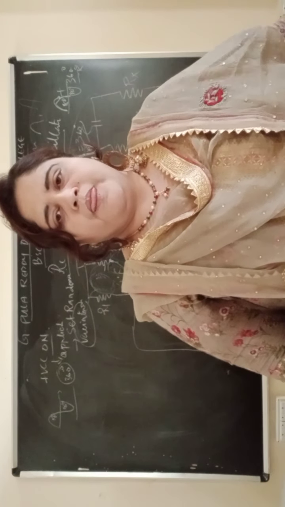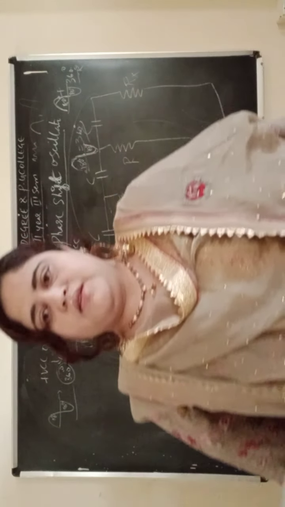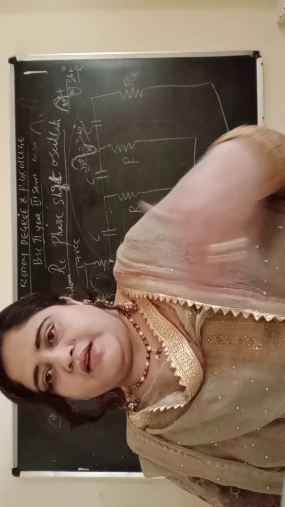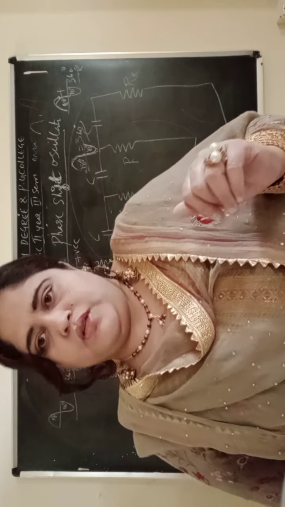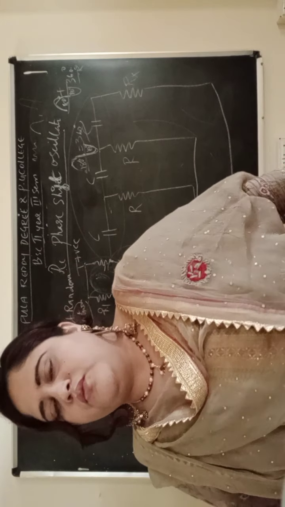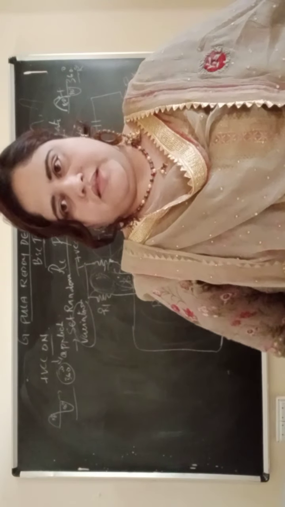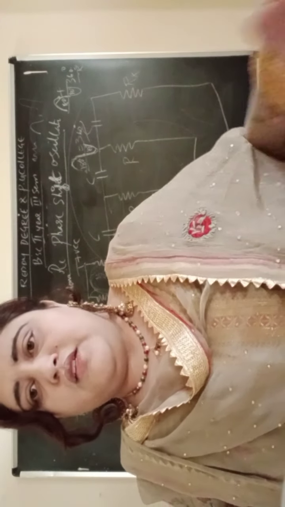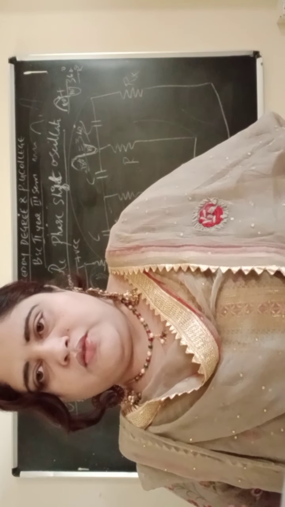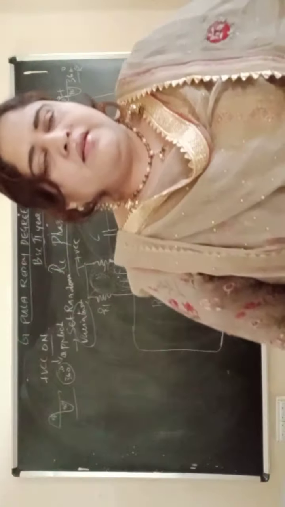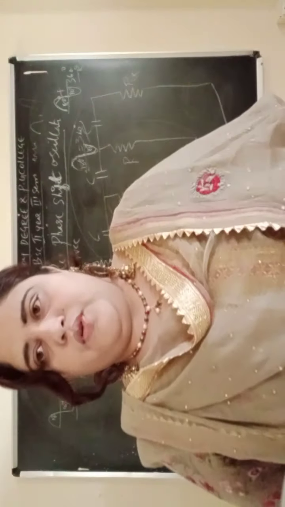So what will our next oscillator be? The next type of oscillator will be covered in our next class. We will be studying the RC Wien bridge oscillator. There also we will be using a bridge network with the help of resistor and capacitor. That's why these two come under RC oscillators. So by this we have completed our RC phase shift oscillator successfully.